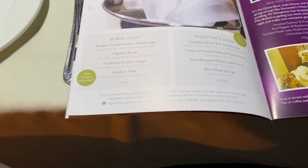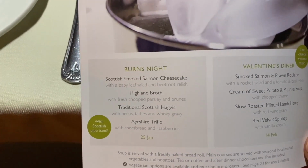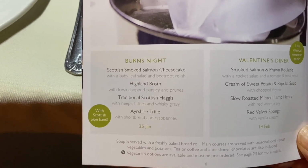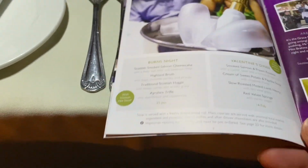Oh, that's lovely. Right, just so that you know what the menu is, this is the menu. Burns Night: Scottish smoked salmon cheesecake, then Highland broth, and haggis, and Ayrshire trifle, and then the coffee and whatever afterwards. Okay? Right, we're on the move now, so dinner will be served fairly soon, I would think. The salmon cheesecake first, and then